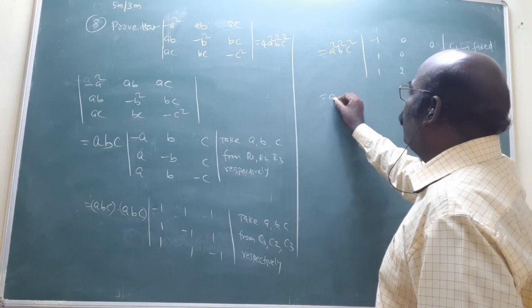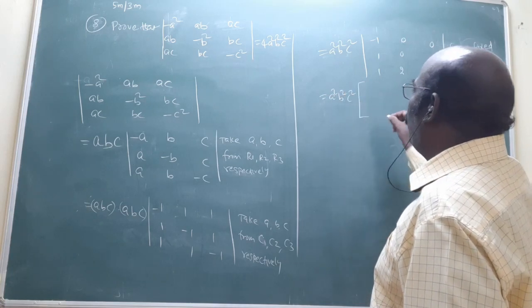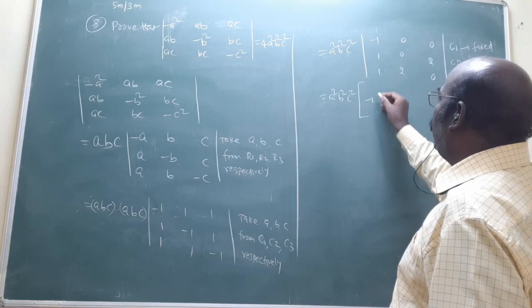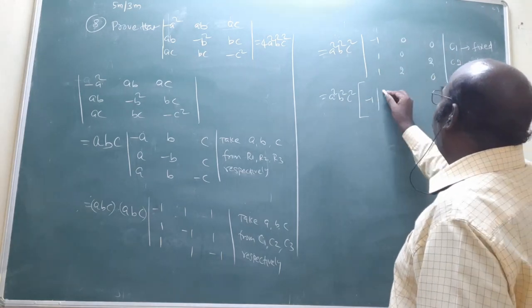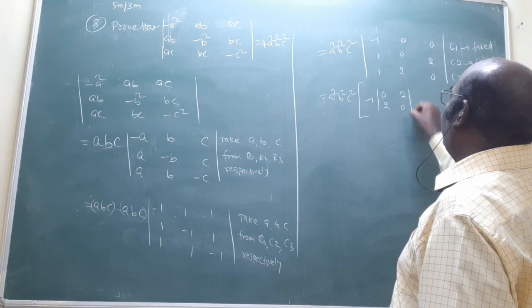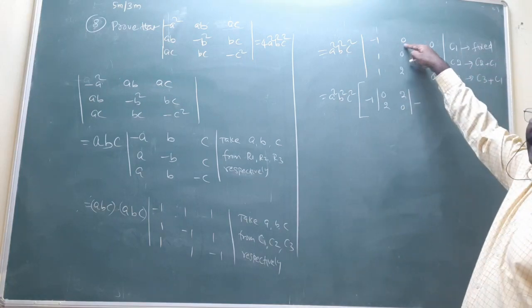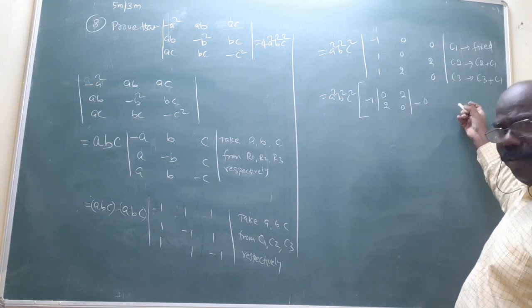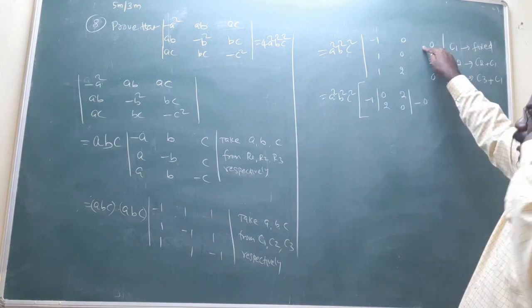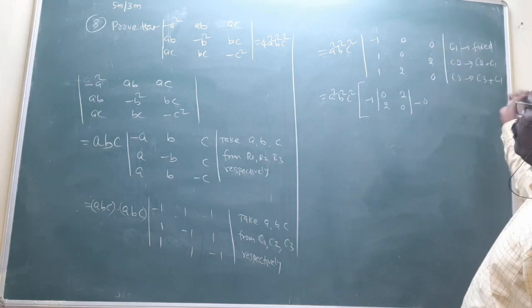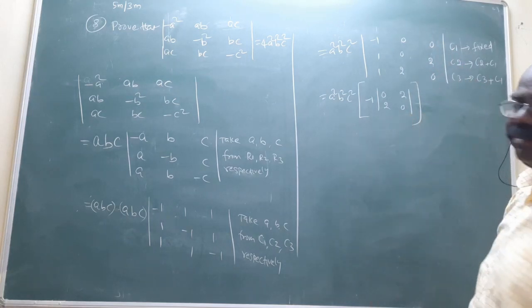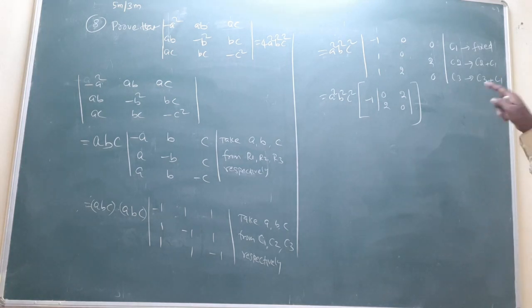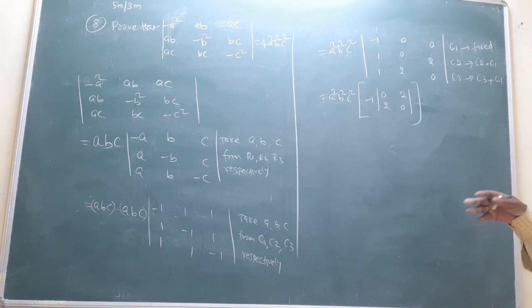A square, B square, C square. Now expand. What is expansion? Minus 1 into the row and column cancel. We get the answer 0, 2, 0. Next is the middle term, where we change the sign, minus 0. 0 is 0. The last one is plus 0, plus 0, that's it, 0. That's why you want to make zeros, otherwise expanding is a lengthy process. That's why you want to make minimum 2 zeros.